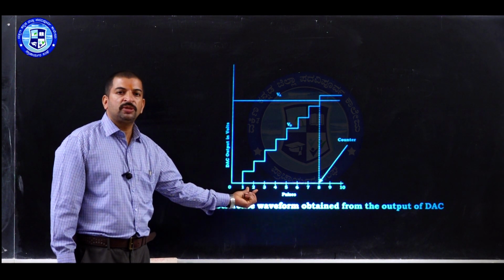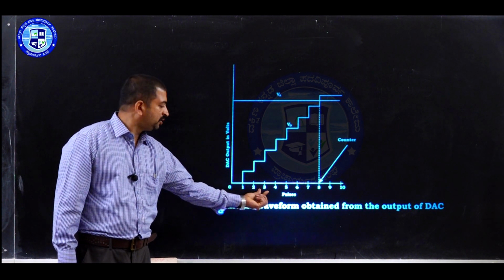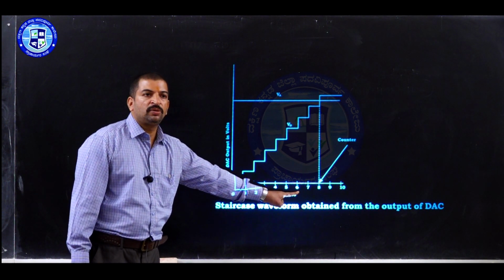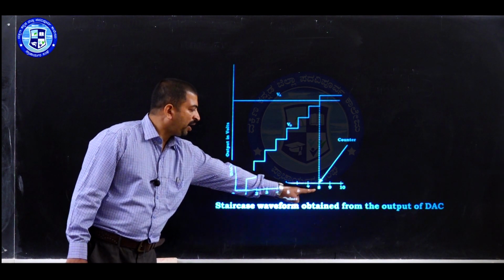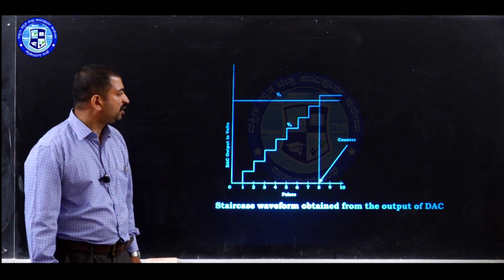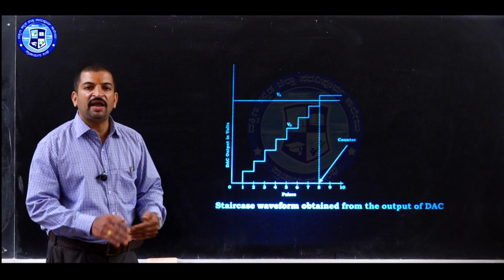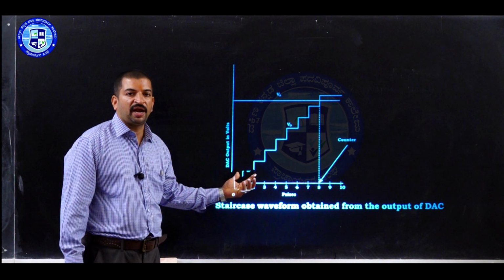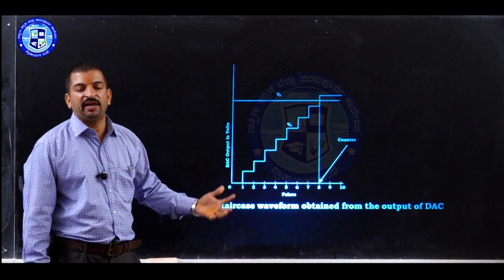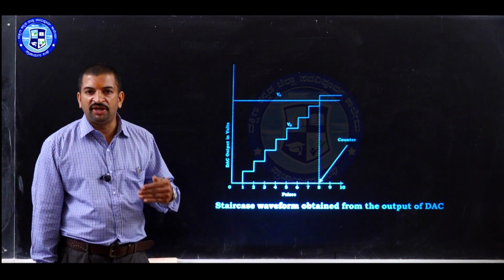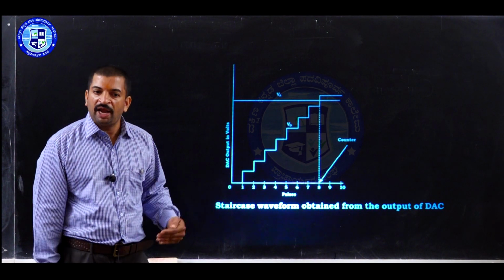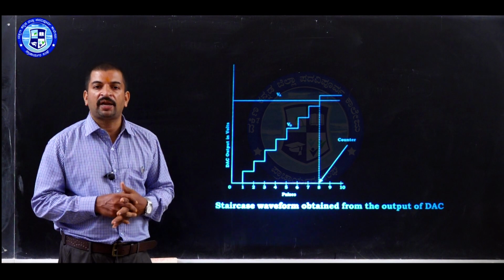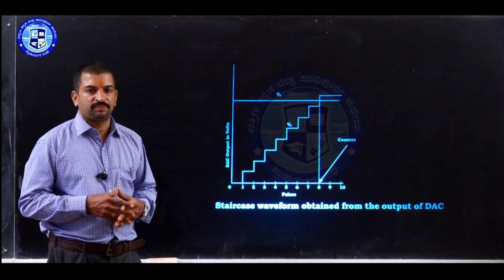And next it counts 0, 1, 0, 0, 1, 1, 1, 0, 0, 1, 0, 1, 1, 1, 0, 1, 1, 1 and 1, 0, 0, 0. Then the counter stops counting. The same sequence repeats again and again. The result is that the output of the binary counter is nothing but the digital output of the analog input signal, or you can say that the circuit works as an analog to digital converter.